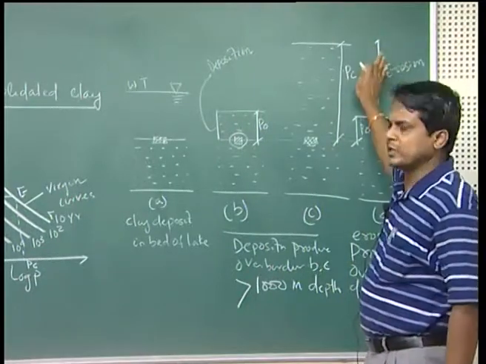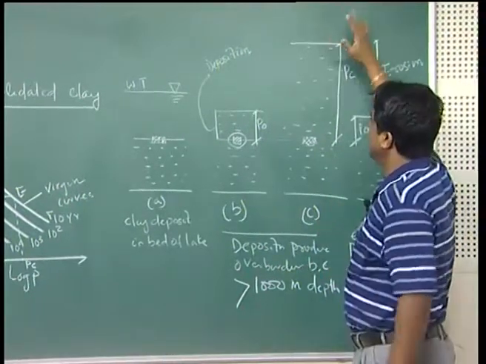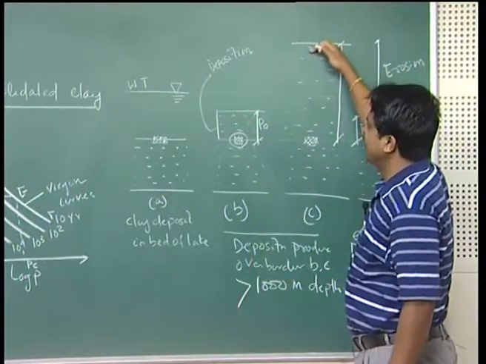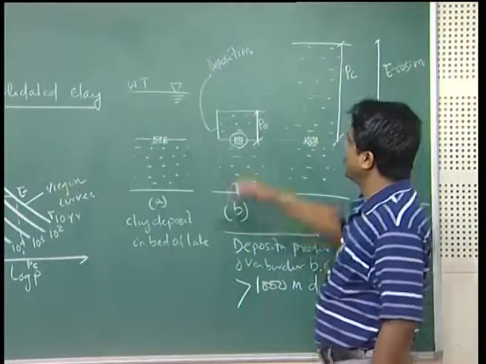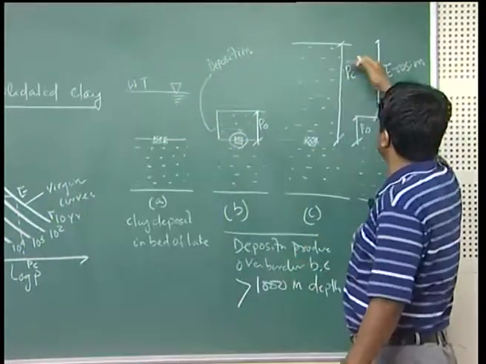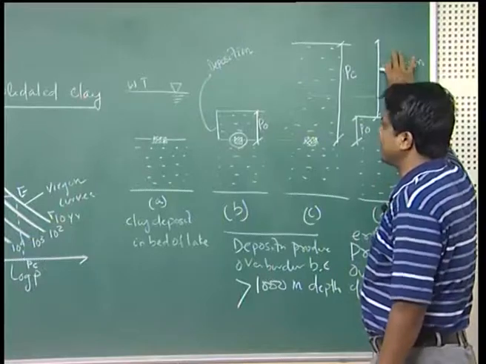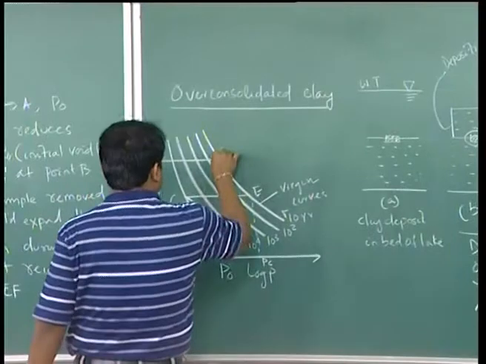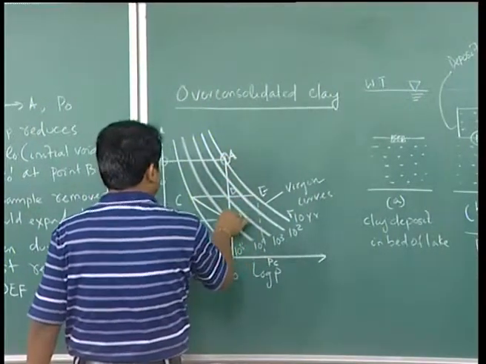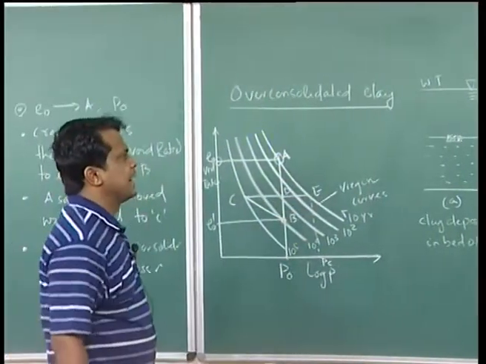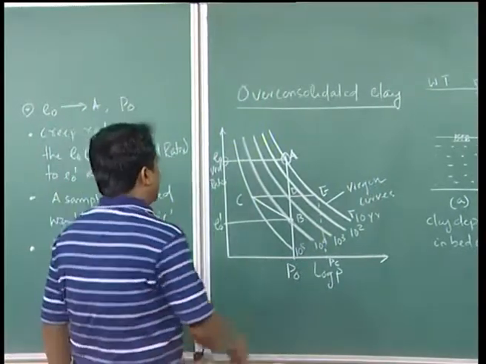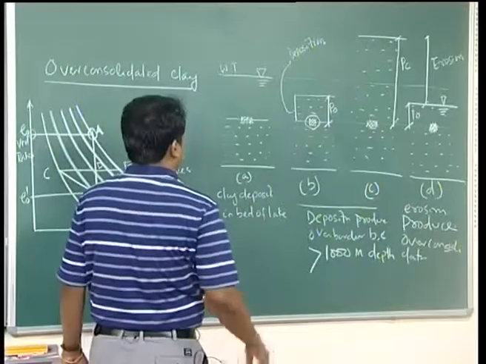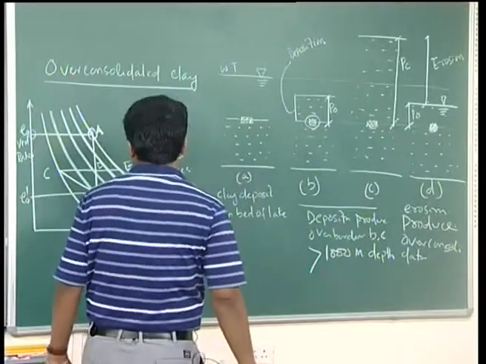Due to sudden erosion, soil will be taken out, or maybe the water table, maybe this sea layer, this is the deposition in the sea bed of a lake. The water table goes down, so a certain part of the overburden is lost, and the void ratio will change. Void ratio is the volume of voids by the volume of solids. So it will come back to E0 prime, because of erosion, and that produces over consolidation.